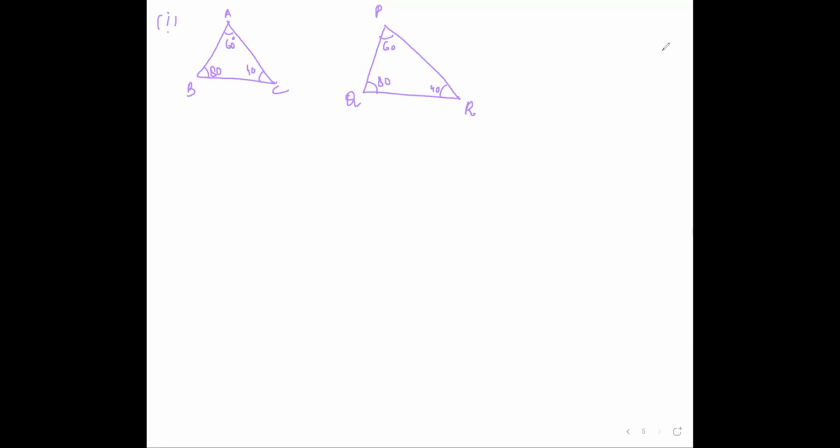So what you can see in the figure, this is how you have to write. Angle A is equal to angle P. Then angle B is equal to angle Q and angle C is equal to angle R. This is clear from the figure. So which criteria is this, Martin? Ma'am, this is AA criteria. So by AA similarity criteria,